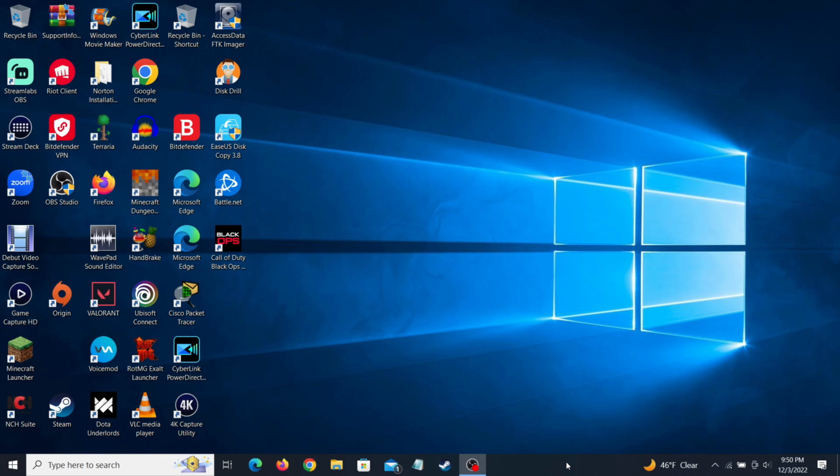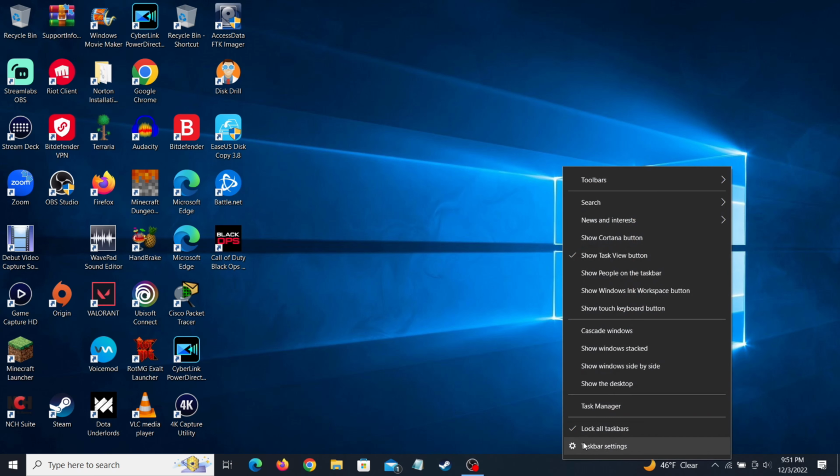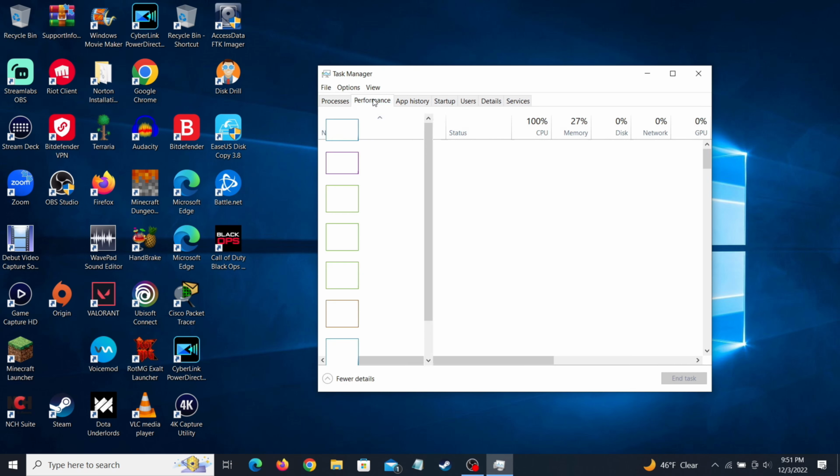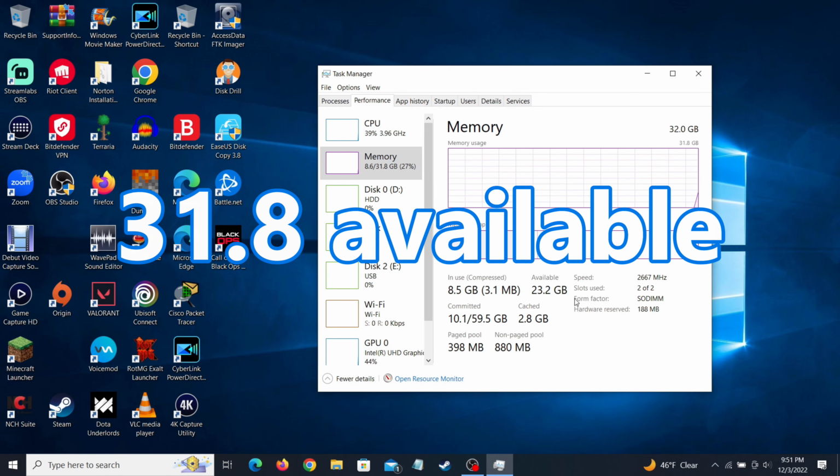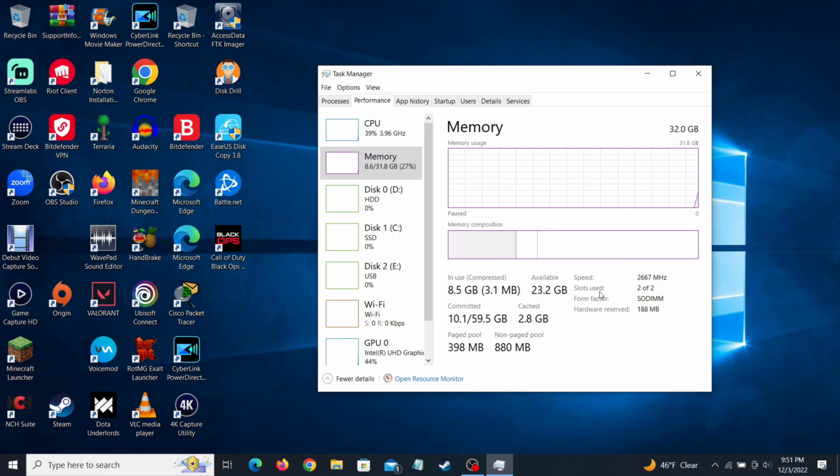I think it will, because in the BIOS it did. It just said new memory in the computer, something like that, and I did not have to go through any more hoops other than that. So let's see in Task Manager. Yep, I have 32 gigabytes of RAM with 23.2 available. Wait, that's... But anyway,